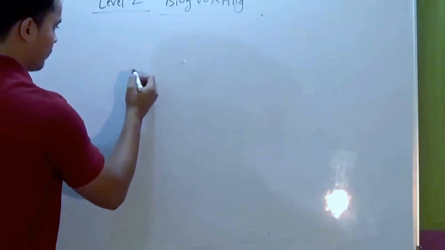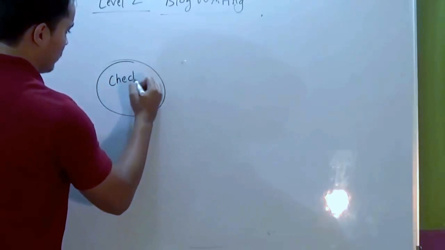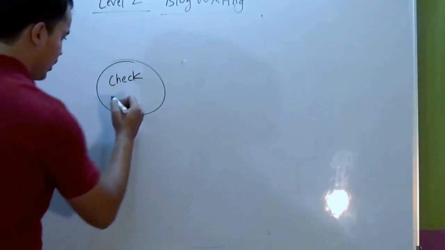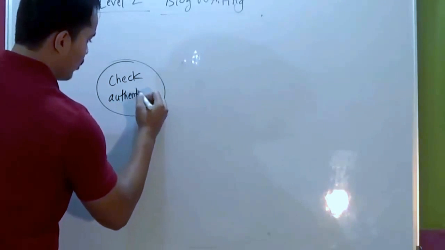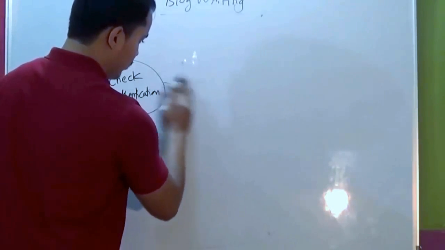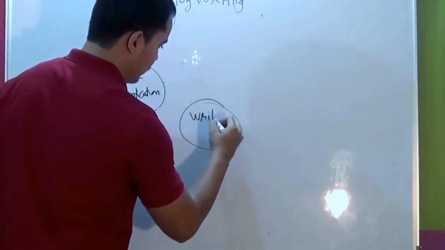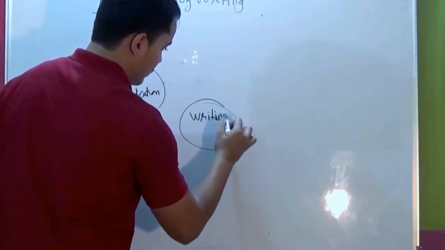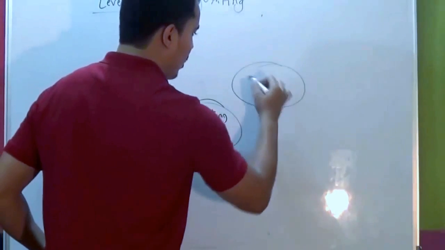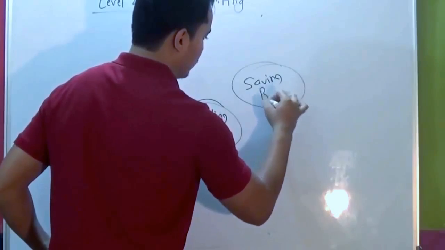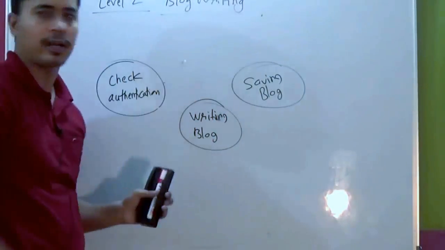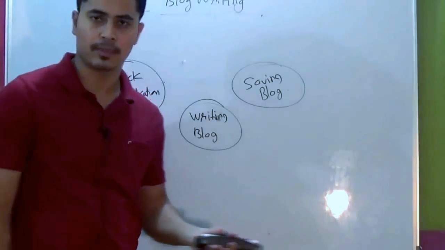Remember this? Okay. Blog writing, what are the use cases? Check authentication. First thing, you cannot write a blog if you are not logged in. Then write the blog, the actual process of writing the blog, so we have to give the interface and everything. And then the last step would be saving the blog, correct? The user supplies data. Alright, so basically we can decompose our blog writing process into 3 sub-processes.